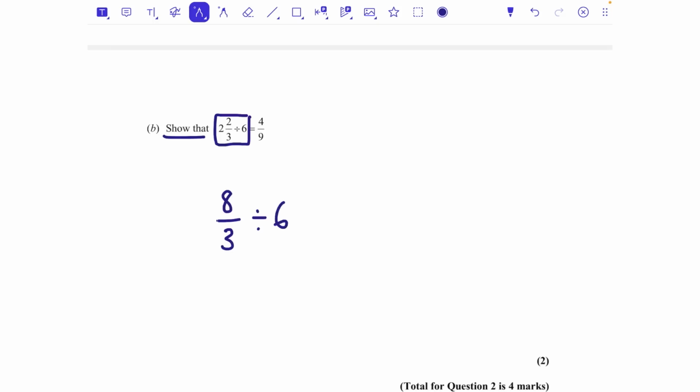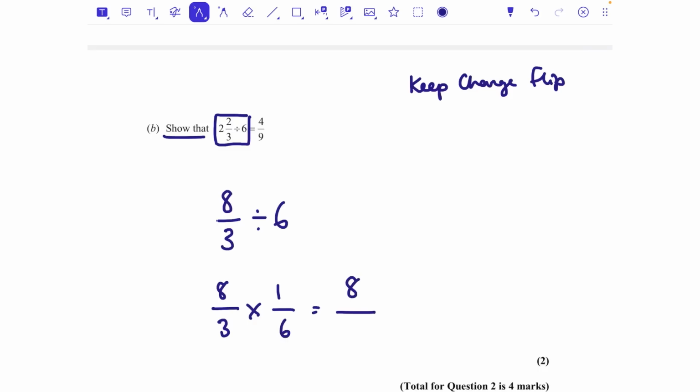Divided by 6. Now we know that when we divide fractions, we keep, change, flip. So that first fraction is staying the same. We change the divide to a times, and we flip that 6 to be 1 over 6, and that is 8 over 18. That simplifies to be 4 over 9, and that's the same. So we've shown that we've got the same answer and we know we've got those 2